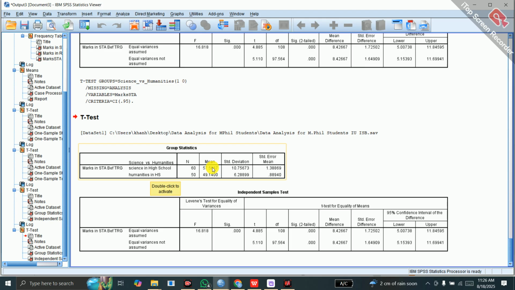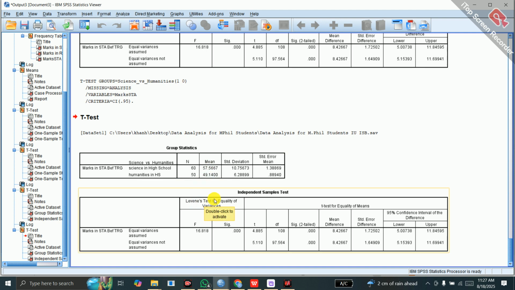The average marks of those who studied science in high school is 57.57 and the average marks of those who studied humanities in high school is 49.14. These are their standard deviations and these are the standard error of means. And in this table, we have measured the difference between these two group means, and this we can do with the help of